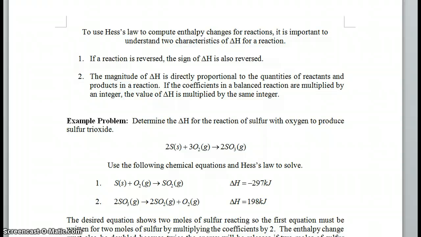Okay, so two ways that we can manipulate equations is either by multiplying them by a number, and that can be a fraction or a whole number, or we can reverse the reaction, which means that the reactants become the products and the products become the reactants. If we reverse the reaction, then you must negate the sign of the delta H. Okay? If you multiply the reaction by a number, you must also multiply the delta H by that number. So basically, whatever you do to the reaction must also happen to the delta H value. So we'll get to why these manipulations are ways that you can manipulate reactions in order to get them to look like